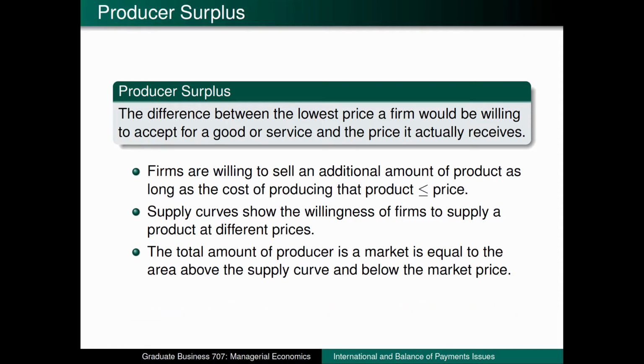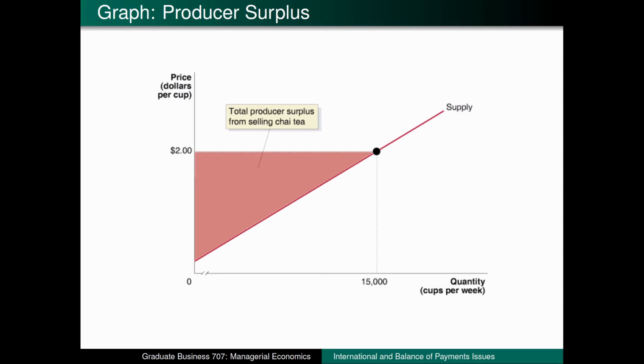So in a way, you can think of producer surplus as a proxy for profits. A higher profit level means firms are happier, and therefore, higher producer surplus means that firms are happier. If consumer surplus is the area below the demand curve and above the market price, then producer surplus is the area above the supply curve and below the market price. Remember from the perfect competition chapter that we proved that the marginal cost curve is the company supply curve as long as we omit any parts of the marginal cost curve in which the company would shut down.